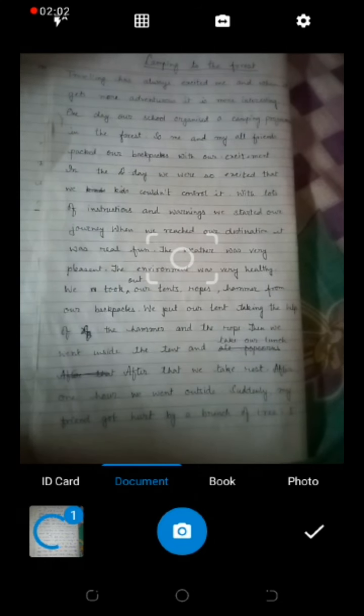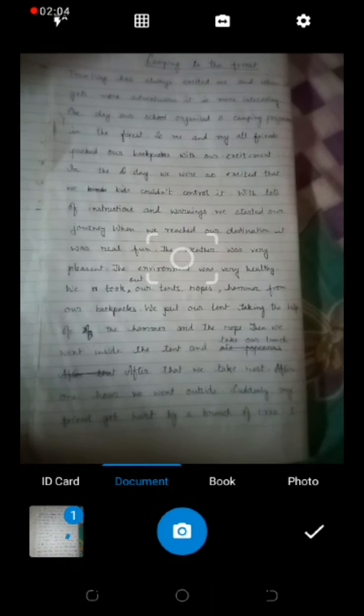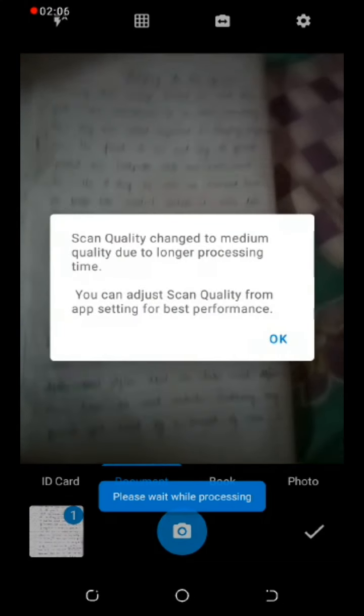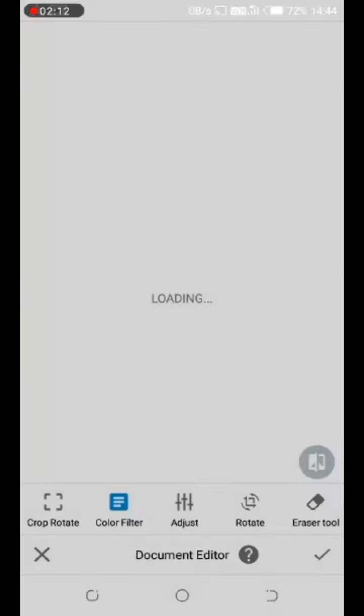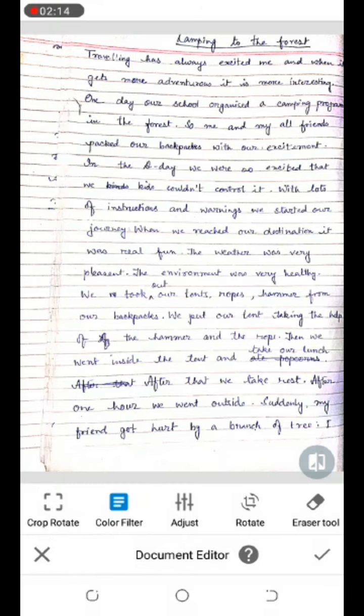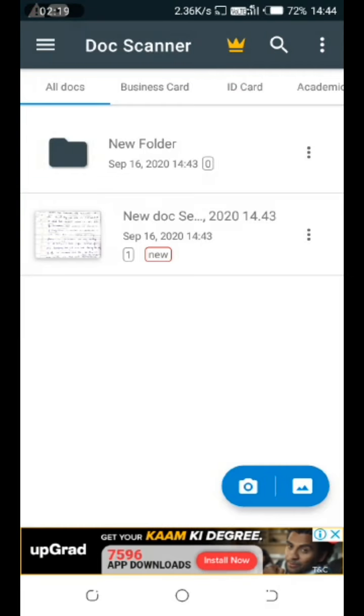After that you have to click the tick option, the correct option. Just click OK. It doesn't matter. Now click the tick option, right mark. See the quality of the picture, and the size is also very less.